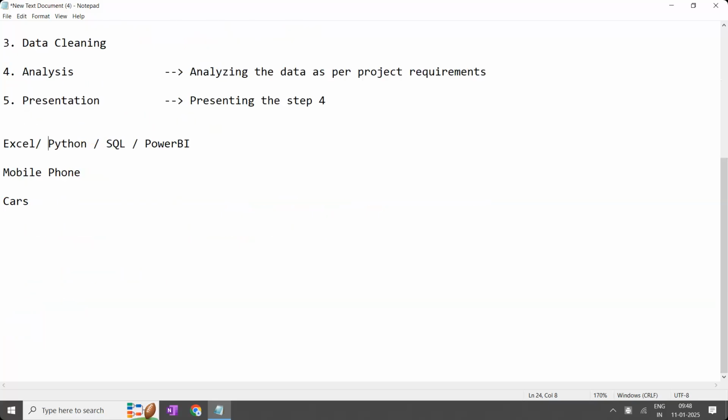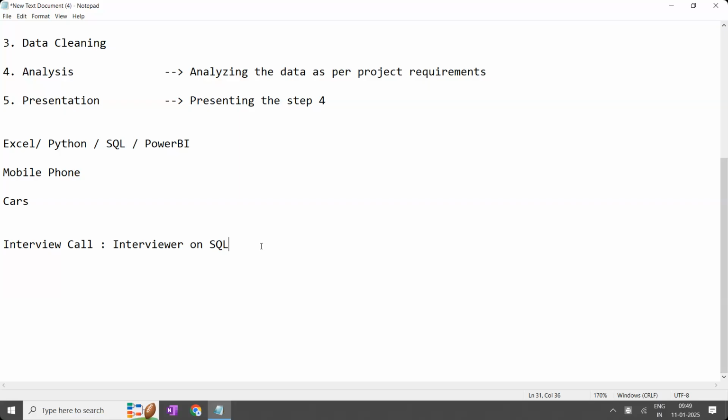For example, I have gone for an interview. I got an interview call. In the interview call, the interviewer who is going to interview me will ask me questions on, for example, SQL, as he is very good at SQL. Then should I answer in SQL, or should I say that no, I will not answer in SQL, I will answer the same thing in Excel? Should I say like this? If the interviewer asks questions on SQL, we have to answer in SQL.